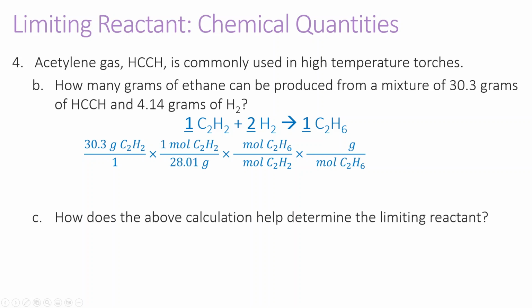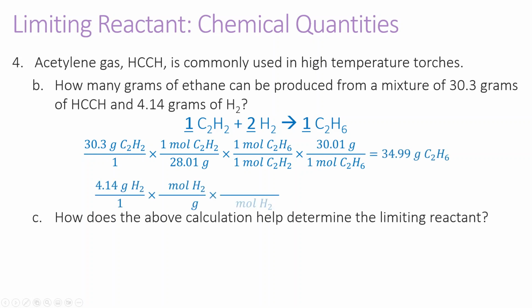So 1 mole of C2H2 is going to be about 28 grams. My mole ratio here is 1 to 1. And the molar mass of C2H6 is about 30 grams. So I'm going to do a very similar calculation, but this time I'm starting with my grams of H2. So I'm going to convert grams of H2 into moles using my molar mass, about 2 grams per mole. This time the mole ratio is 1 to 2, and the molar mass of the C2H6 is still around 30 grams. So the one that I can make